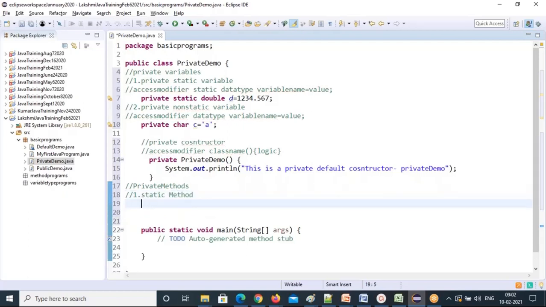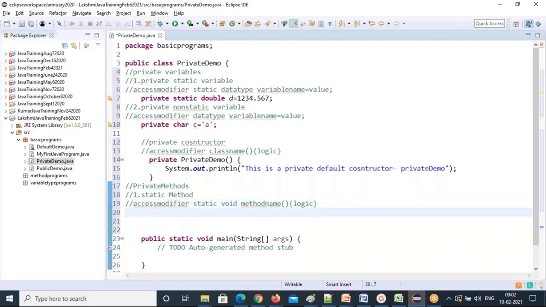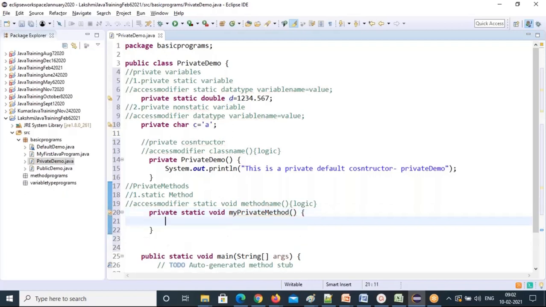Access modifier, static, void, method name, parentheses, curly braces, logic. So access modifier plus, you just put private static void m5, I'll put m5 or m6 or whatever it is, my private method. Just give any name but follow the naming conventions.